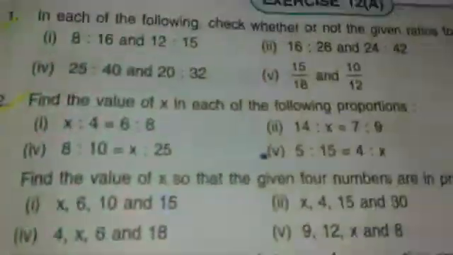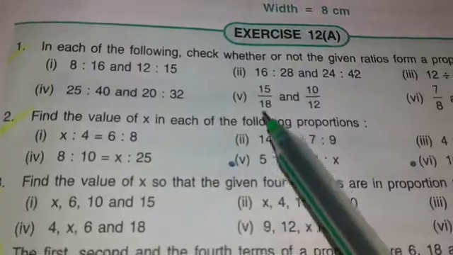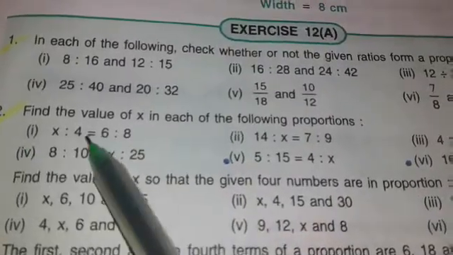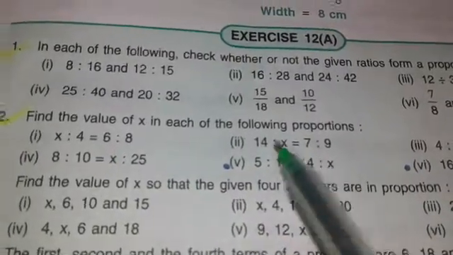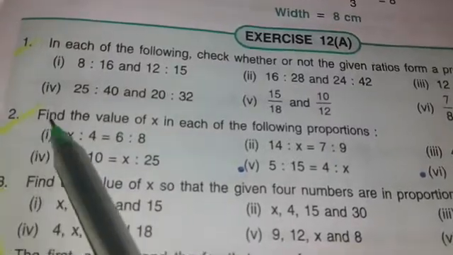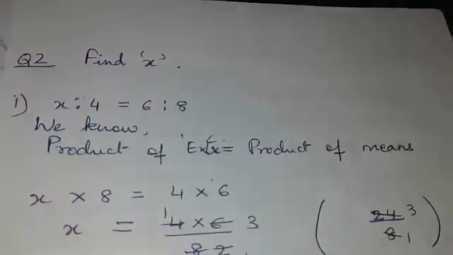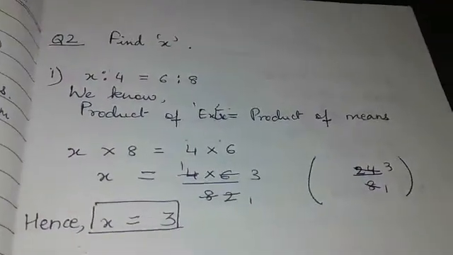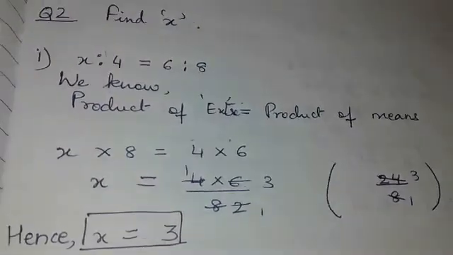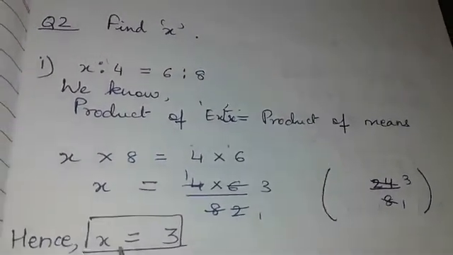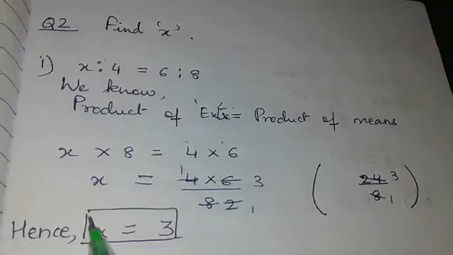So question number 2, we will see: find the value of x in each of the following proportions. So x is to 4 is equal to 6 is to 8. So these types of questions are given. You have to find out the value of x. This is a new type of question. So please pay attention and watch the video a few times to understand this. This is a new concept,